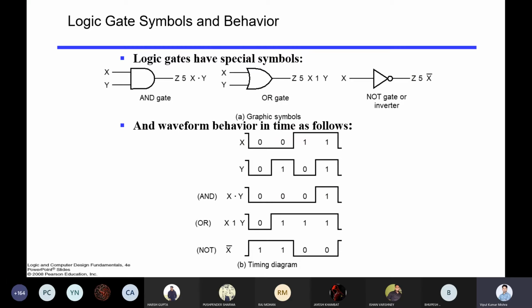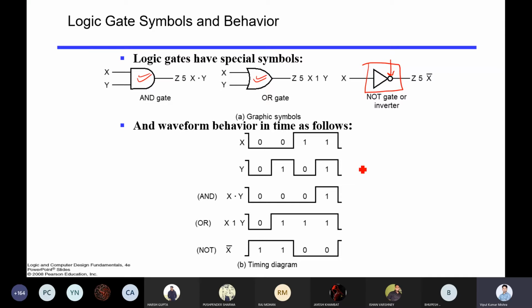Right? Now, if you look into the symbols, suppose I want to make a design. When you want to make a design, then you require some symbols to represent it. So here the AND gate is represented by this, the OR gate is represented by this, the NOT gate is represented by this, and in this entire story, this bubble is most important. Right?